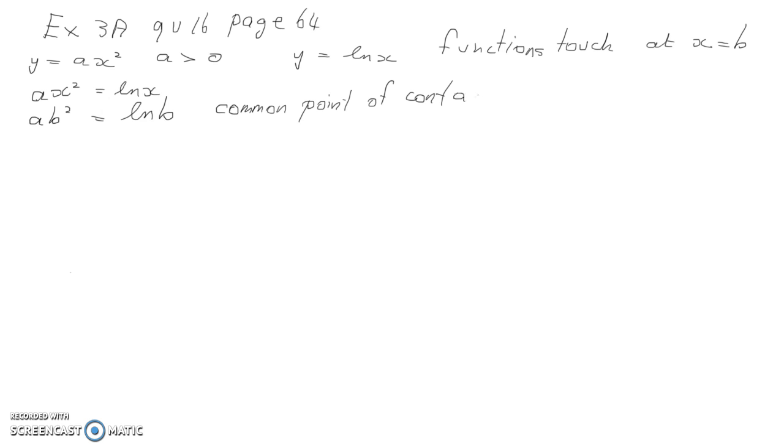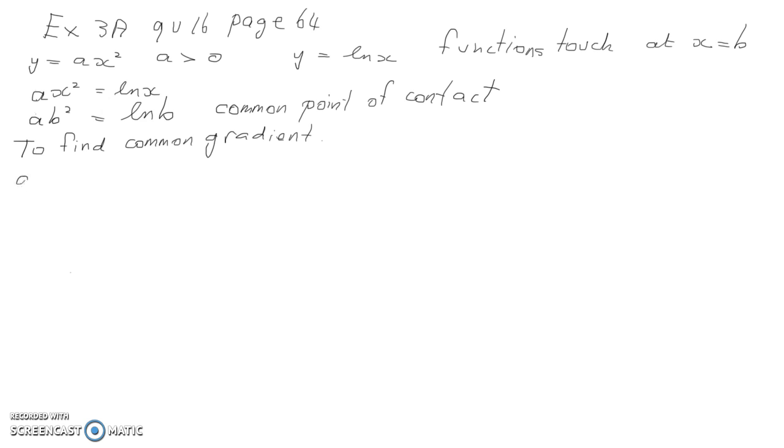And then we've got to think of something else that is equal, and because the two curves have a common point of contact, at that point of contact they have a common tangent with a common gradient. So let's find the gradient of the first function. So to find the common gradient of the tangent at the point of contact,